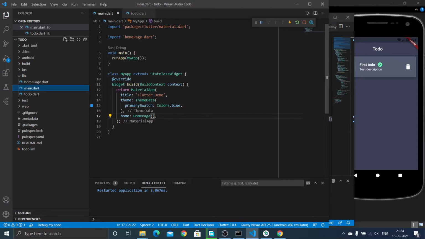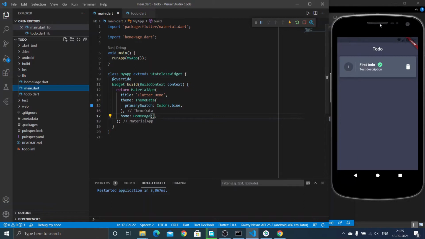In this part, we are going to cover how we can view our to-do, how we can edit our to-do, how to mark as done, and also how to save the to-do and come back to the previous page. These are what we are going to do. You can see that when I click the to-do, we want to go to the to-do edit option, where we want to change or modify the to-do, and also mark it as done. And this is what we are going to cover in this video.